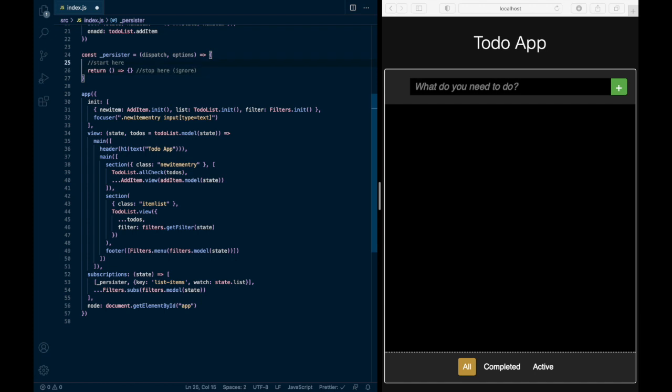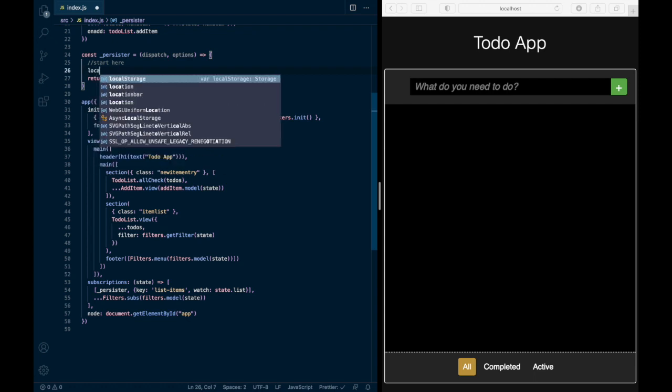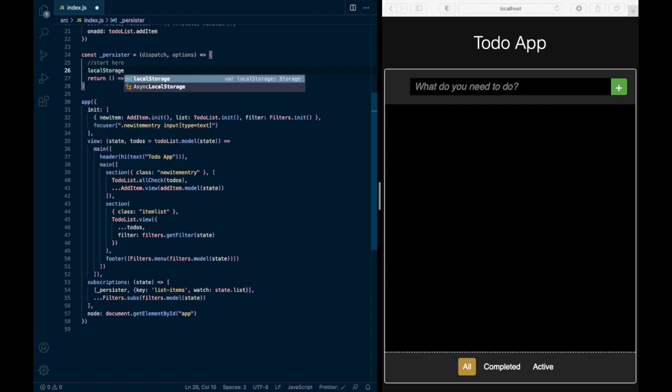So that means this part will be rerun every time the watch property changes,